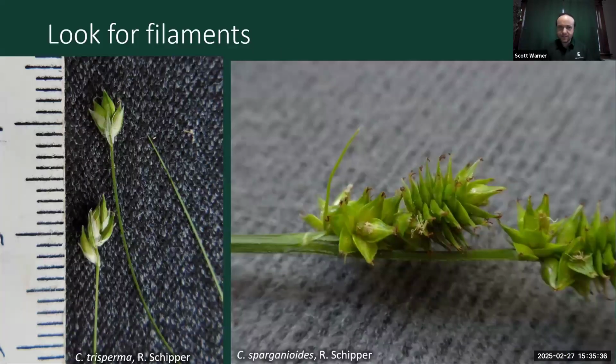The first is, just as the key says, look for filaments. So Carex trisperma, important wetland sedge on the left, we can see about 1 to 3 filaments per spike there. In the lower portion of the spike, there were formerly anthers attached to those. So that's telling us that the male flowers were at the bottom of the spike, as opposed to Carex